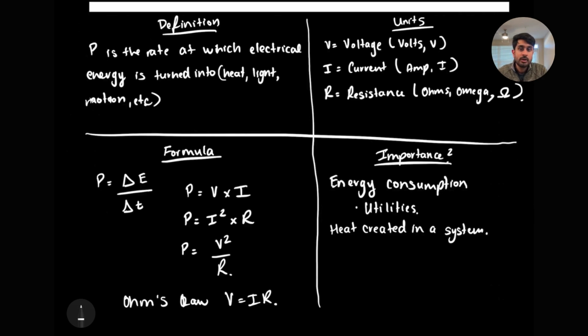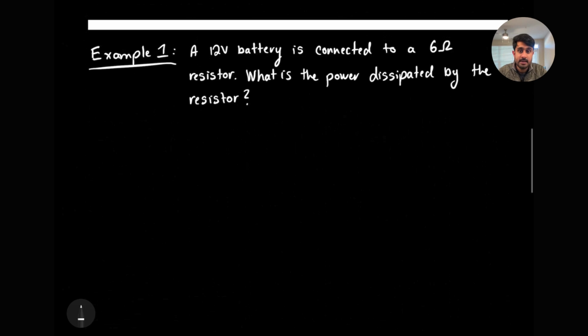Finally, what is the actual equation, or what does power really measure in? Power is going to be measured in watts, and that is normally doubling in every single equation. Continuing on, let's look at some examples and really understand how power can be looked at in any simple DC